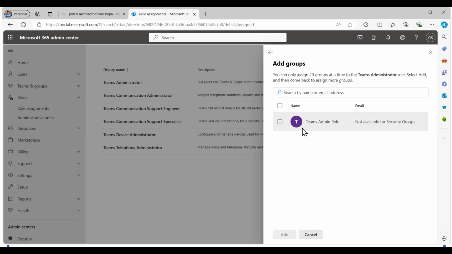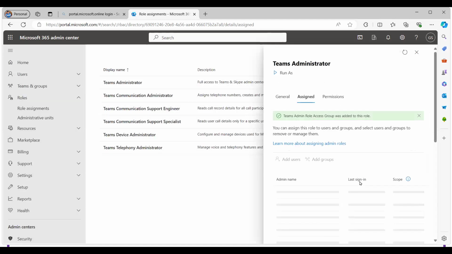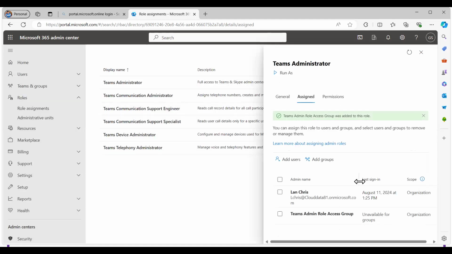I have created a new group called Teams admin role access group, like that. So whoever is part of this group will have Teams administrator access. Instead of adding individual users, you can add this group into this role, and whenever a person needs a Teams administrator role, you simply add the user in this group instead of adding individuals in the Teams administrator role. So these are the only two options which are available